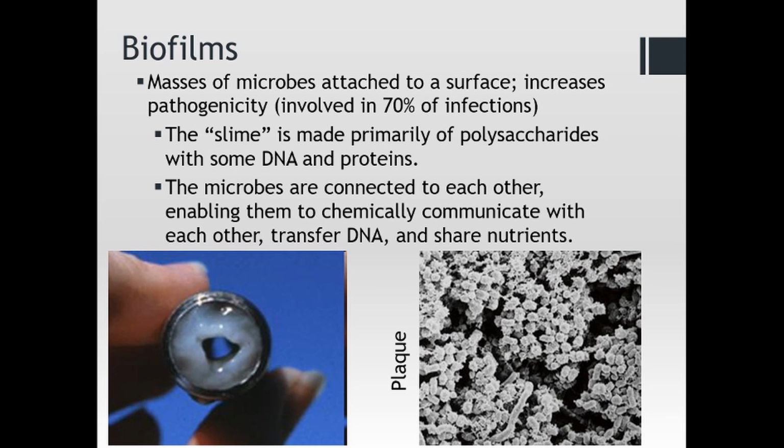Eventually it gets to the point where it doesn't come dislodged off your teeth. Your toothbrushing, of course, helps, but eventually the plaque becomes so tenacious that toothbrushing doesn't get it off, and so that's why every 6 months you should go to the dentist and have the dentist or the hygienist get that plaque off of your teeth and scrape off the tartar with a tartar pick as well. So these are biofilms that form on our teeth, and it's a conglomeration of a variety of species of bacteria along with other compounds that enhance and enable them to grow into these massive